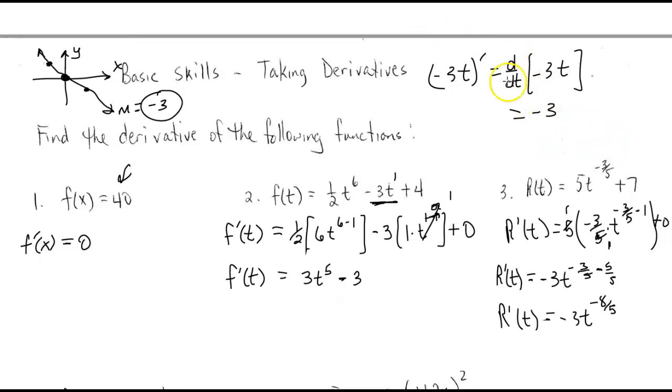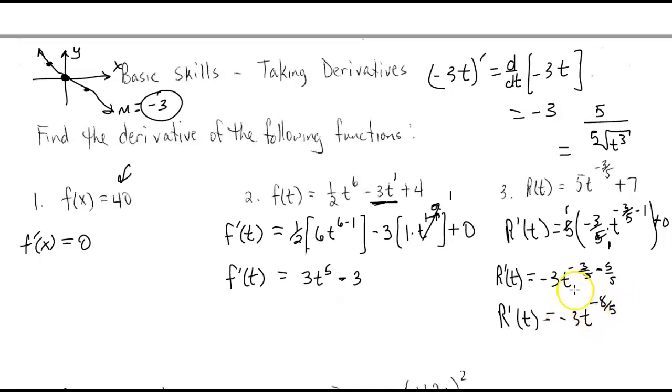So for instance, if this particular function was written as 5 divided by the 5th root of t cubed, if it was written like that,